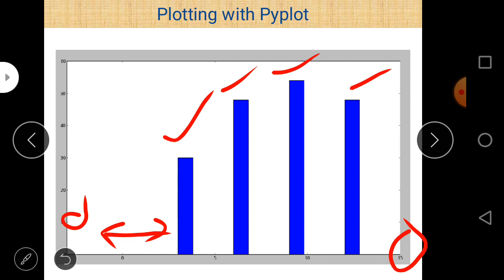There is a small change here. We can take the limit from -3 to 15. We can also change the initial x limit, that is -3, and start from 0 because the first value is 3.